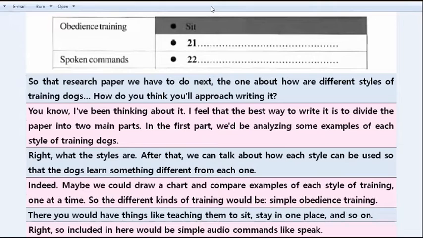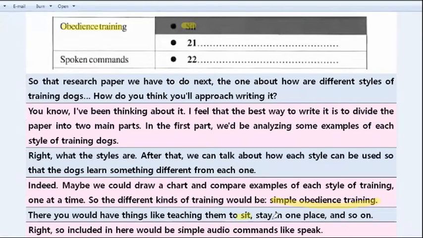Actually, right before that we heard, I'm just going to mark with my pen here, we were listening for obedience training. And we want to listen for when that first mention of obedience training comes in the script. Simple obedience training right here. So that's your signal to start listening for the answer. Then we've got the word sit and